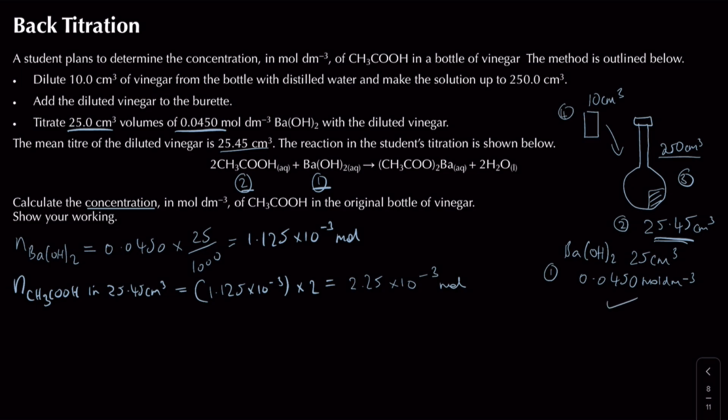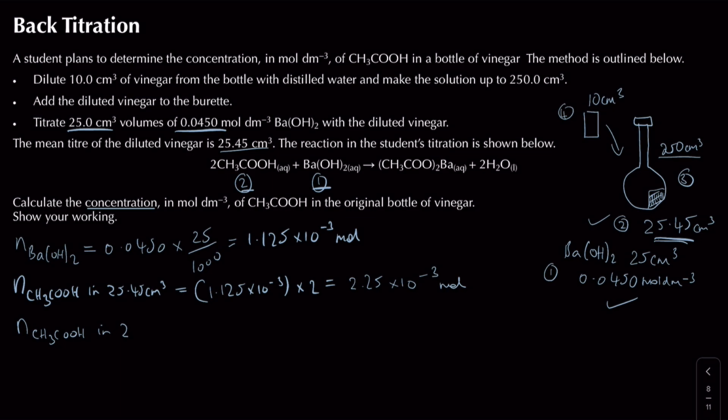So we've done this first step. This second step over here, we're talking about the moles in 250 centimeters cubed. Well, if we know that in 25.45 centimeters cubed, we've got 2.25 times 10 to the power of minus 3 moles in that volume, right? If I've got 250 centimeters cubed, I would have a certain number of moles, with the concentration being the same in that volume. So in that case, to find the number of moles of CH3COOH